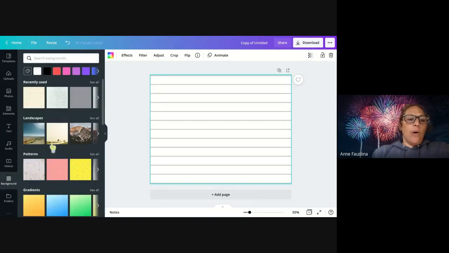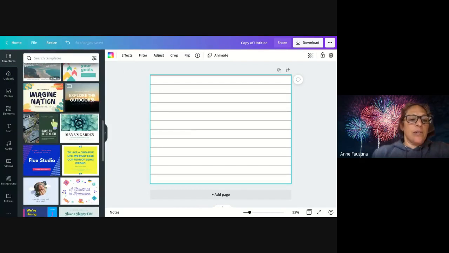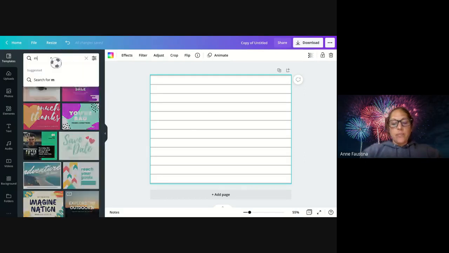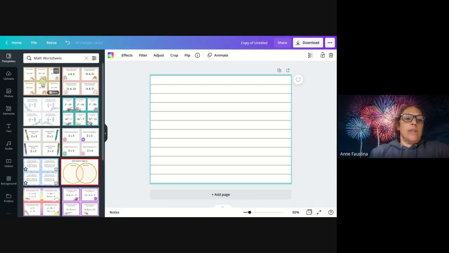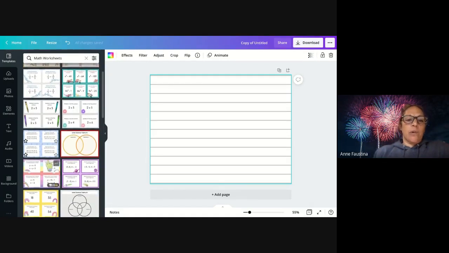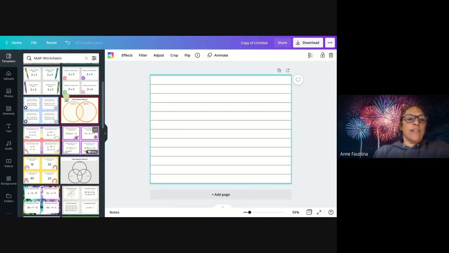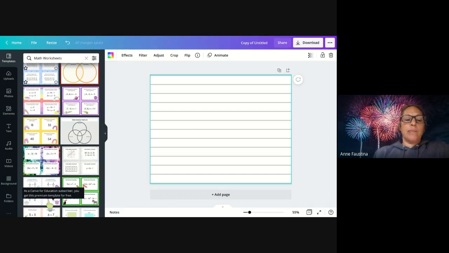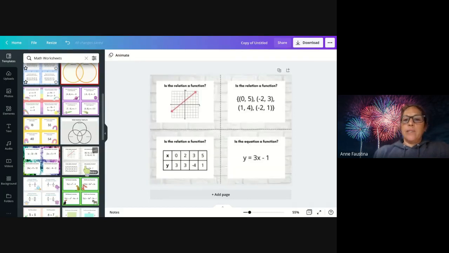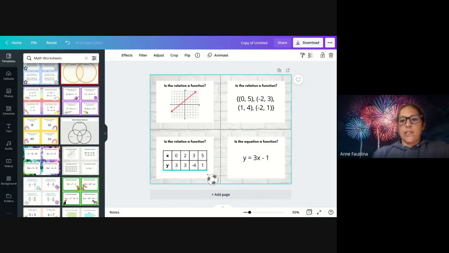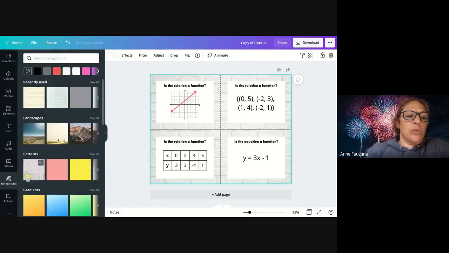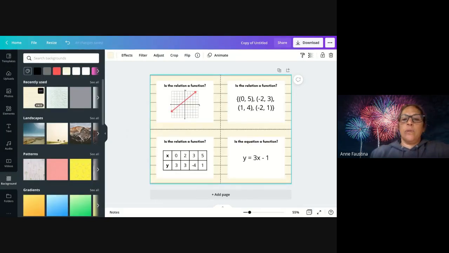If I want, or as I was saying where you guys didn't see, you can come up to templates and say you were looking for a math worksheet. There's a ton of things that are already created. So you could use one of these and then just make it your own. If in the beginning of the year I was teaching slope, this would have been awesome if I knew this existed at that time. So that's a pretty cool tool that they have. But for this, I want to create my own. So I'm going to go back to,